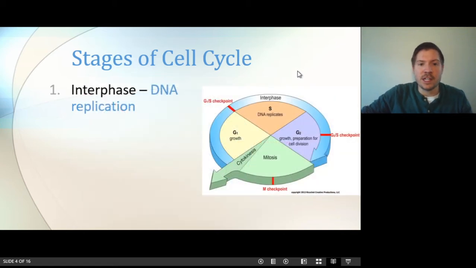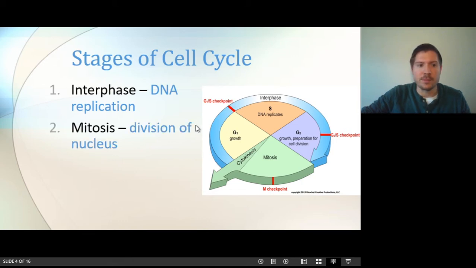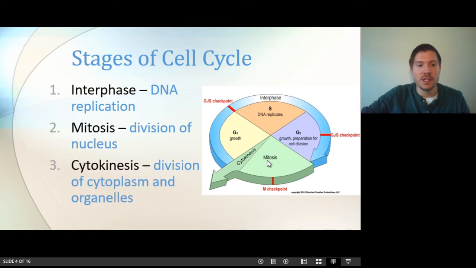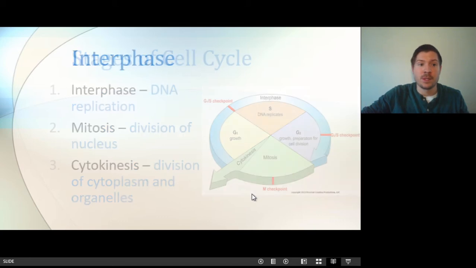So here, breaking it down, in interphase, the cell is sort of doing its job, going through the process. It does have to copy its DNA here in order to have two cells. Each one must have the full complement of DNA or chromosomes. Then mitosis, which is division of the nucleus, and last cytokinesis, which separates the entire cell, finishing division.